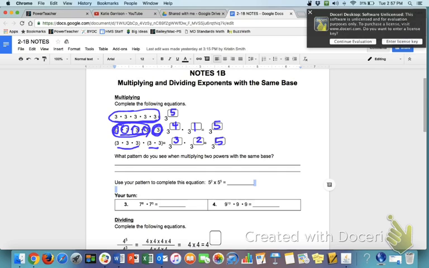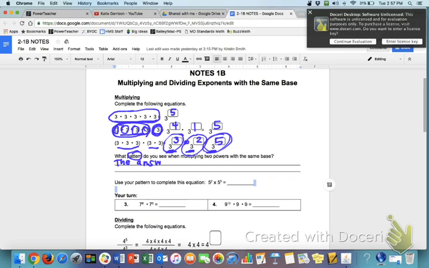So when asked what pattern we see when we're multiplying two powers with the same base, what I want you guys to notice is the answer is going to be whatever that same base is. In our example, the base was 3, with the sum of the exponents added. So 3 to the 3rd, like in this example, and 3 squared added to get 3 to the 5th. The base, 3 itself, stayed the same in all of them. But when multiplying, the exponent gets added. So I would put something like the answer,